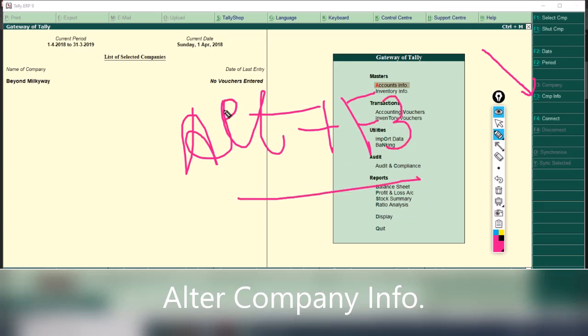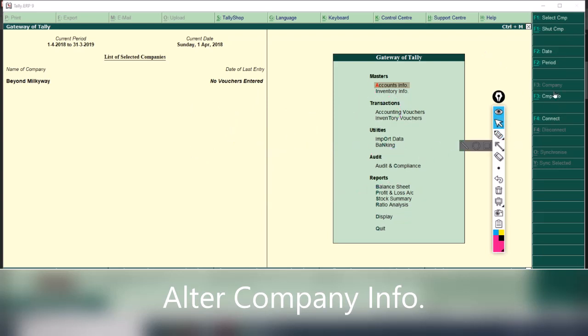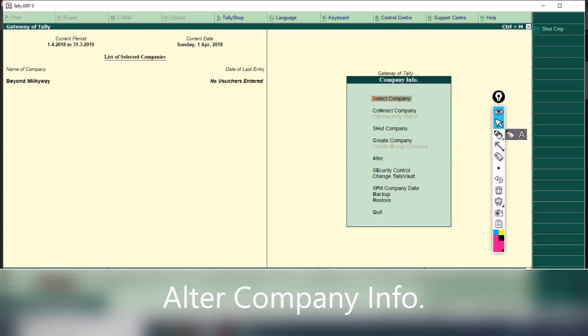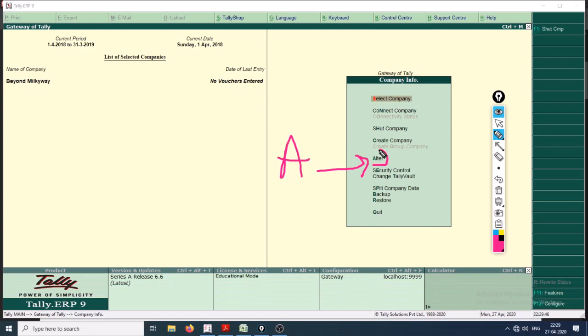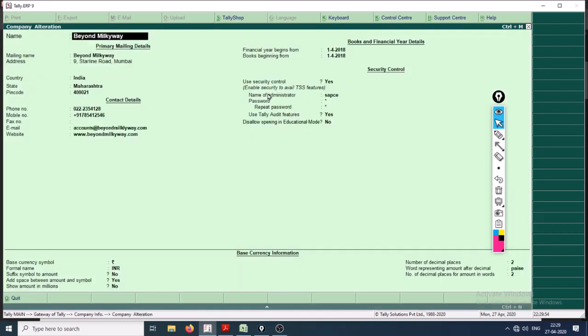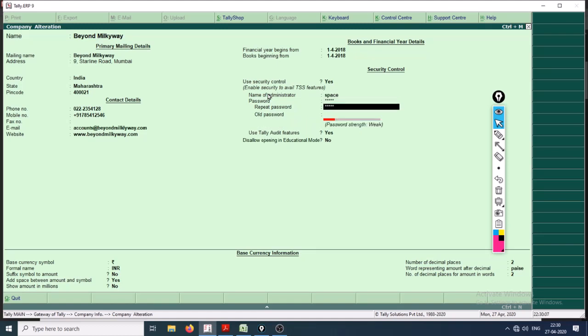You know what to do now. Alt plus F3, then go to alter. Click on alter, or you can just navigate to the alter button. Beyond Milky Way. Enter, enter, enter, enter, enter. I'll keep entering till the time I reach this space.